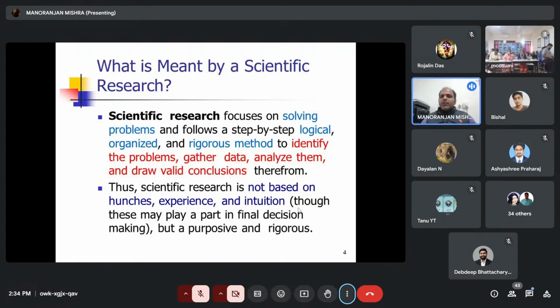When we talk about scientific research, it is all about identifying a research problem. What do you mean by problem? It is an issue or question which has to be addressed. And when I say research problem, it is something which is researchable. That is why the focus of creation of new knowledge or scientific research